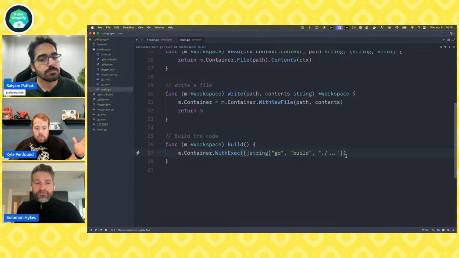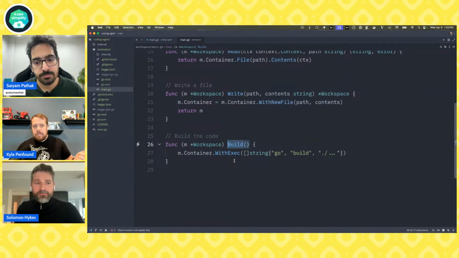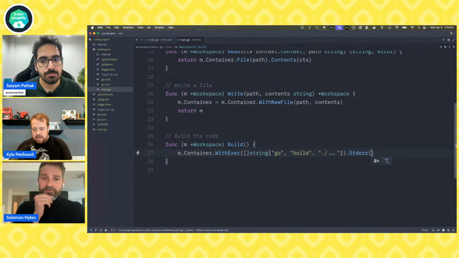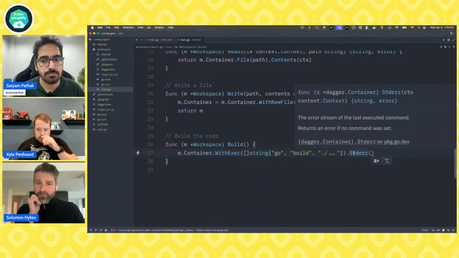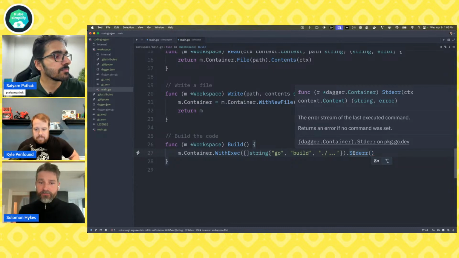So we've got our command, but what do we want to actually give back to the caller of this tool? Because remember, we're not trying to get back the built artifact. We're really just saying, does it build? Is my code valid? So what we can say is just give me the standard error of that execution. And so if it fails, we'll give back the error message from this build. And if it passes, it'll just say, nope, we're good.